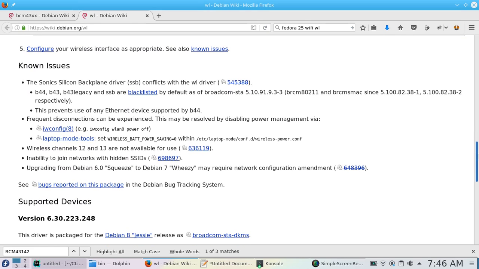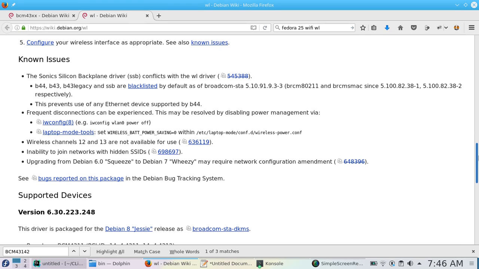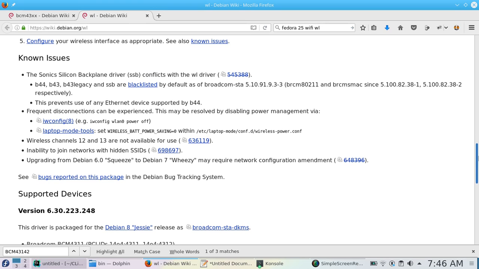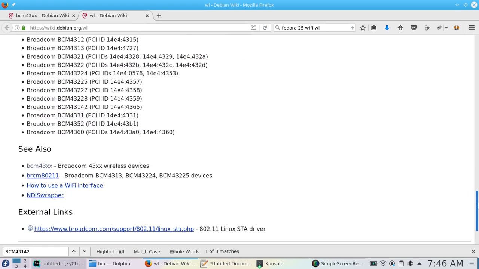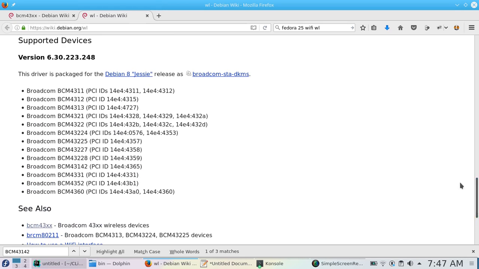So these are the things we need to do, and there are some known issues as well. You might look into it once you're done with the actual installation. These are the PCI IDs mapping to your Broadcom adapter. For my 43142, I have 14E4:4365. Based on this as well, you can search on Google and try to find the